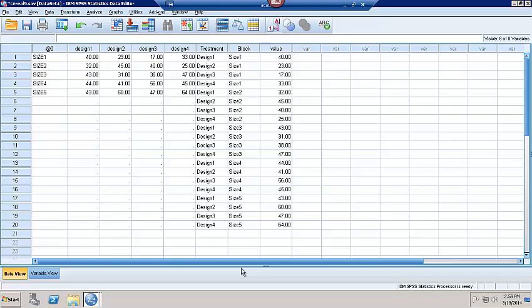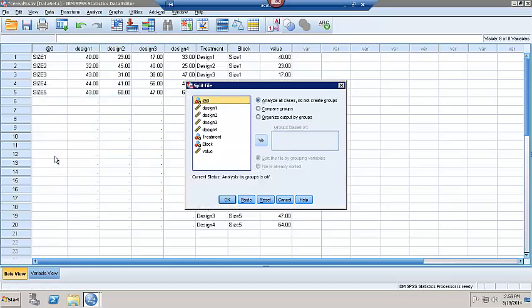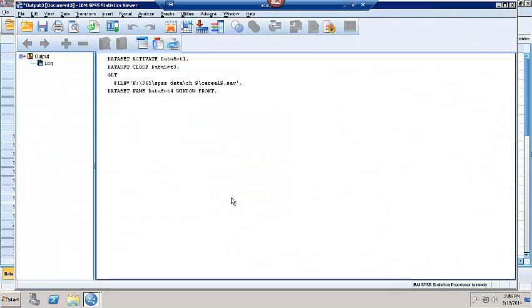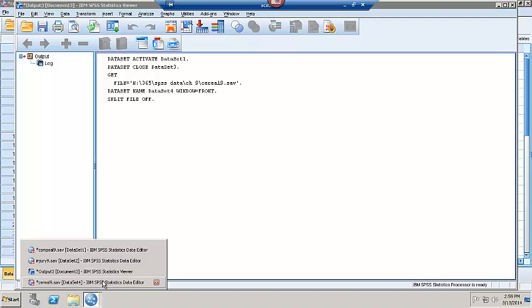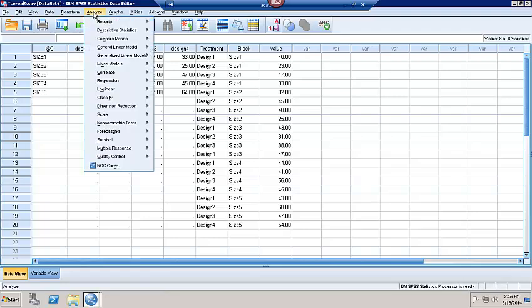Now I need to set up SPSS to actually interpret this data properly. What I'm going to do is go into Data and then Split File and tell it to analyze all cases but do not create groups, and just click OK. That's it. Now I can go back to my data, and I'll go into Analyze, and then I'll select General Linear Model,